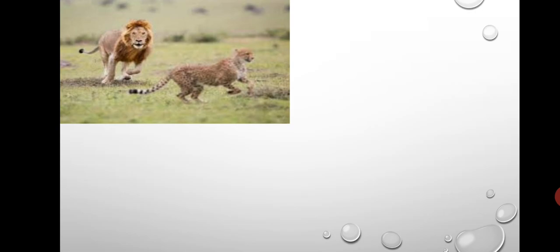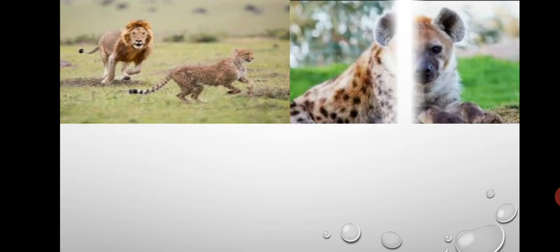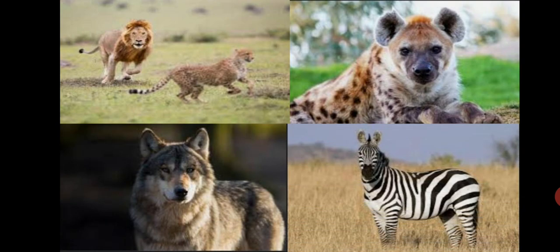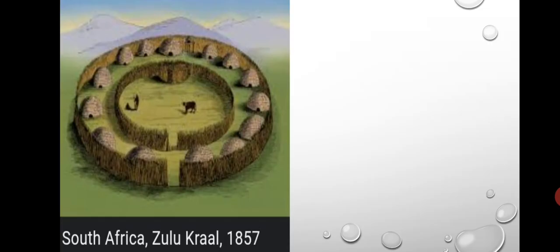Nature has gifted them with speedy legs. Skin of the animals has colorful spots or stripes, bands, etc. Examples are lion and cheetah, hyenas, wolf, zebra, and other animals such as giraffe, elephants, rhino, wild ox, buffalo, kangaroo, emu, etc. With regards to human life, houses are simple with mud walls and thatched roof,